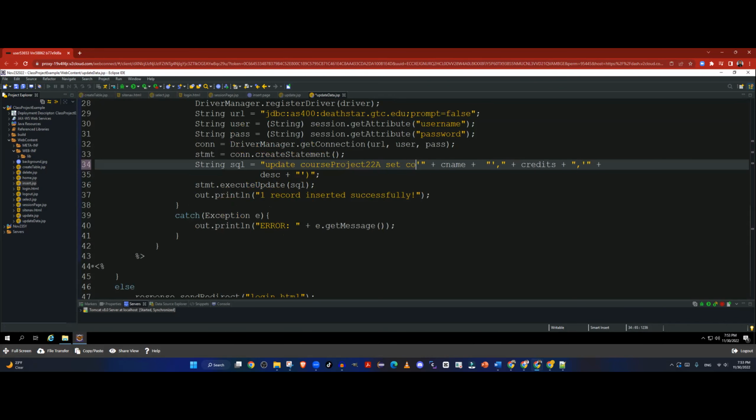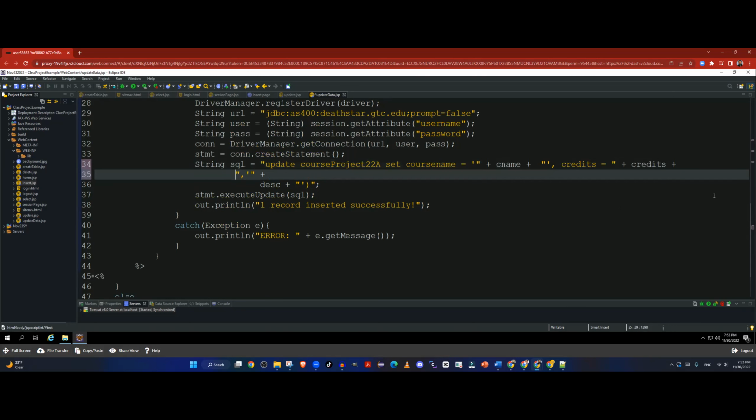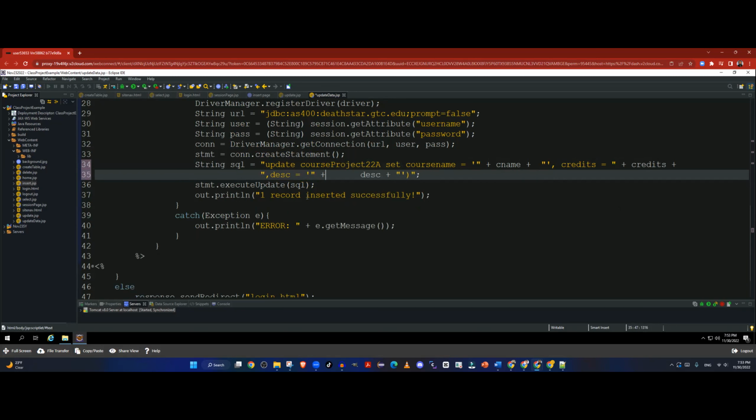So set course name to this value, comma, credits to this value, and description to this value,